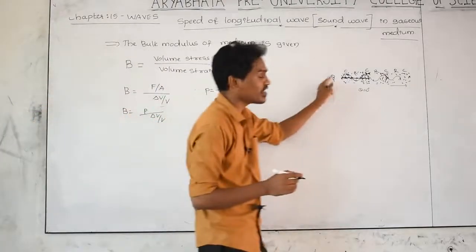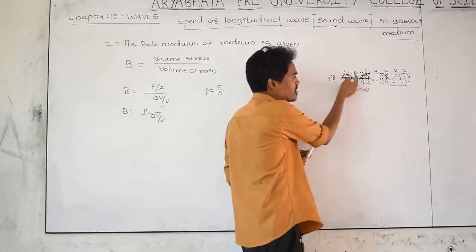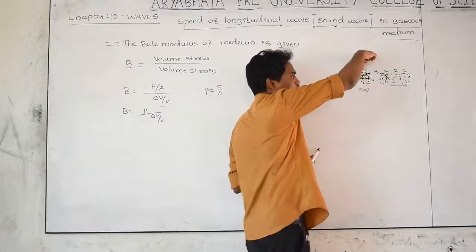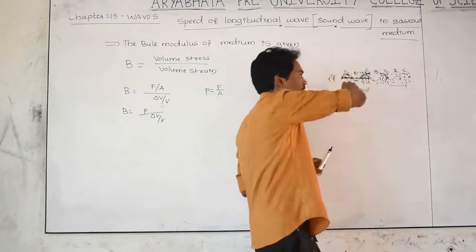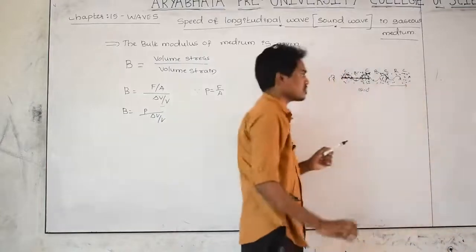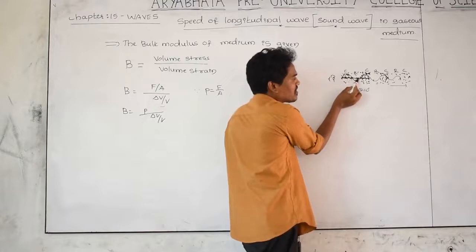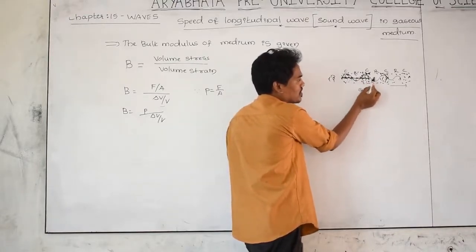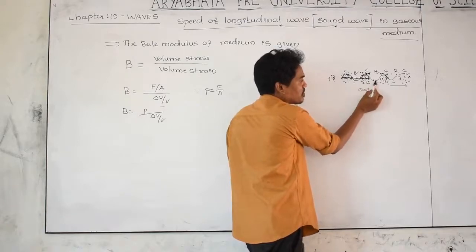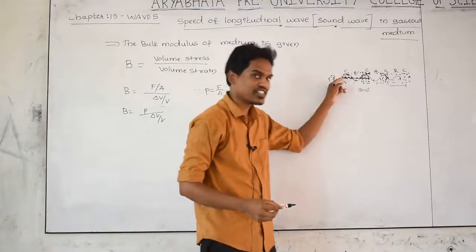When the person puts the pressure, here the pressure becomes more, here it decreases, here it is more, here it is less. Like that air particles are moving. How are the air particles moving? Here more number of particles, more pressure; fewer particles, lesser pressure. More pressure, less pressure, more pressure, less pressure. Means the pressure changes.